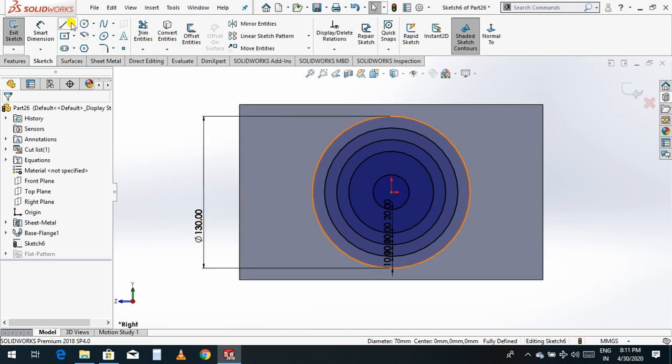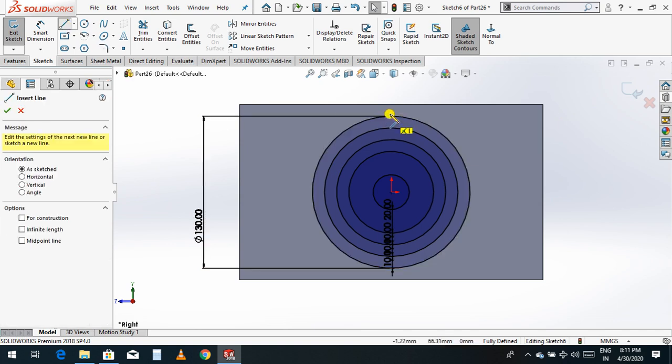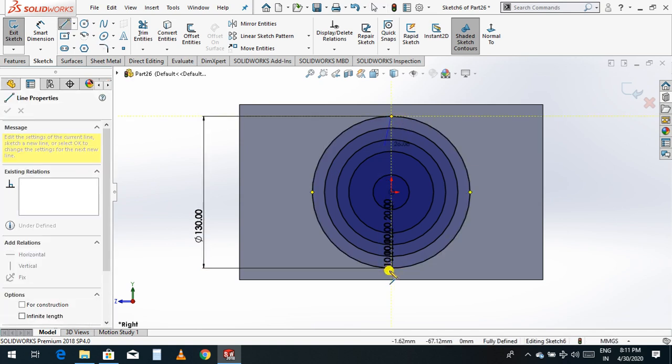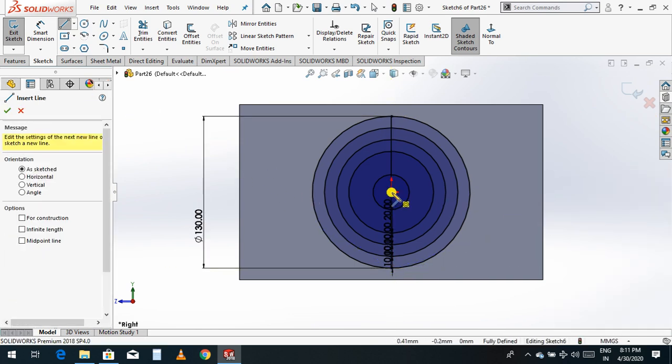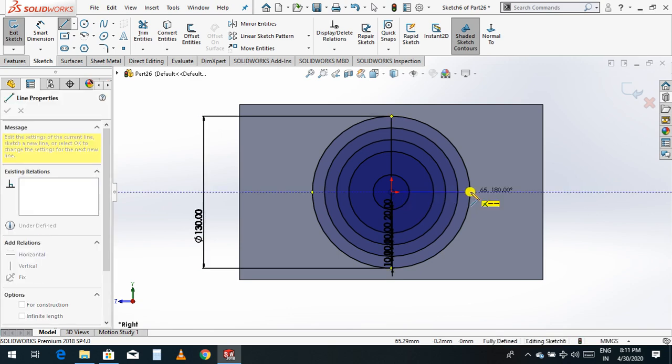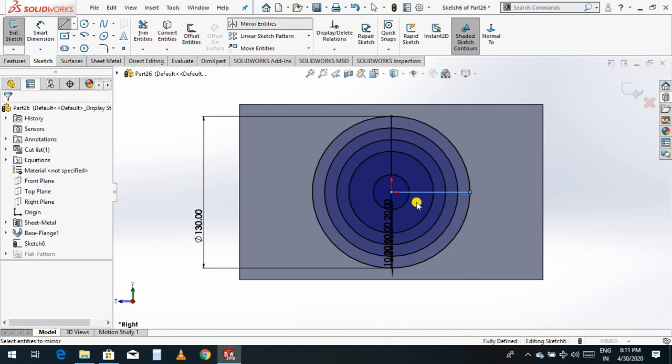Now I'll draw one line from this end point to this end point. OK. Now again you draw from here to here. Now what you have to do is go to mirror image.